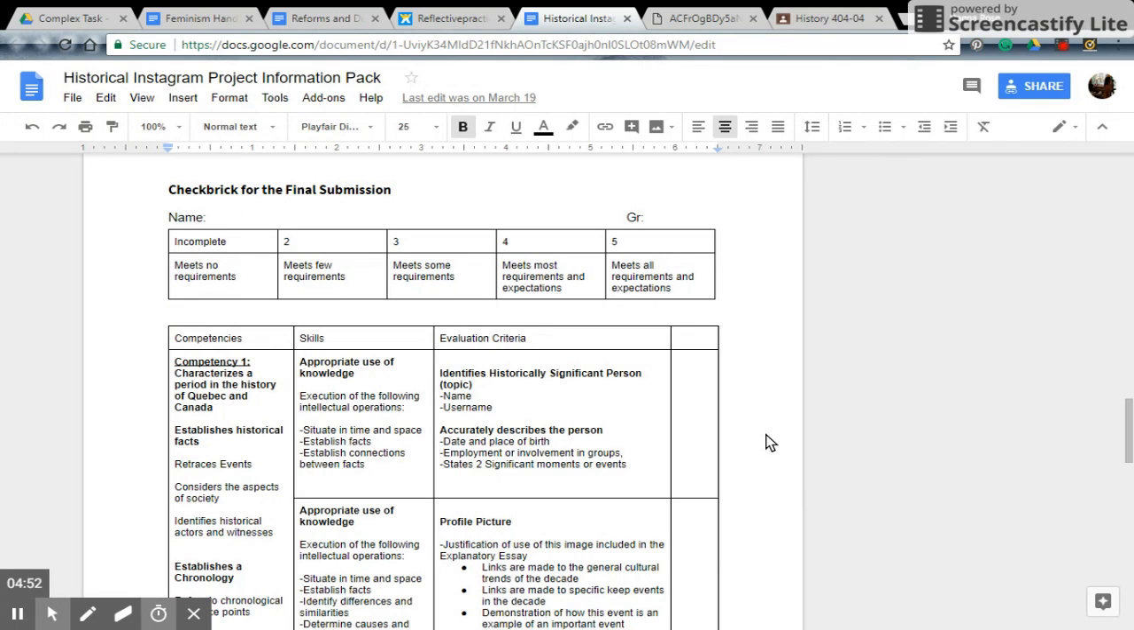So if we look here at my check brick that I created for this, we have the competency as well as the evaluated skills within it. So students could understand which competency was based on, such as retracing events or considers the aspects of society, and then which evaluated skills are being looked at, such as situate in time and space, and establishes facts, basic skills